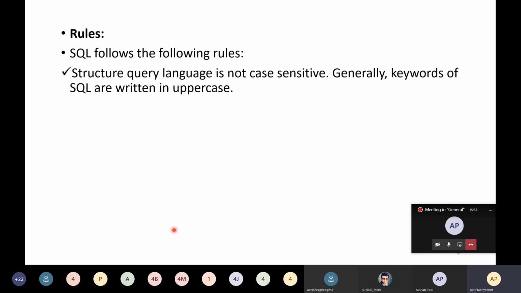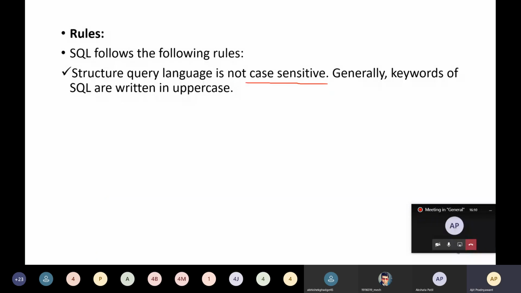So what are the different rules for SQL? These are the rules SQL follows. Structured Query Language is not case sensitive. Generally, keywords of SQL are written in uppercase. What is meant by case sensitive? Understand this.